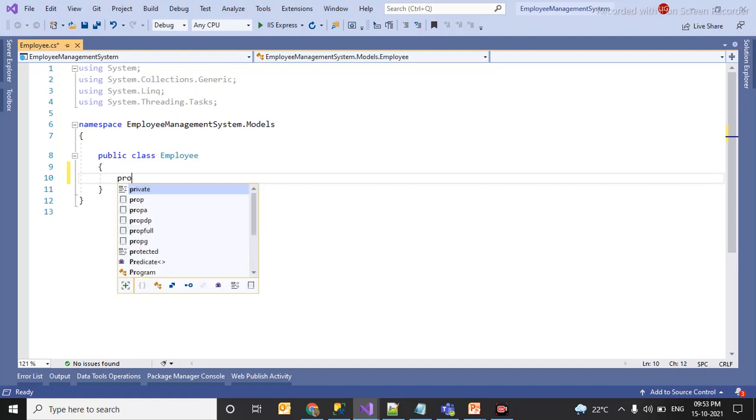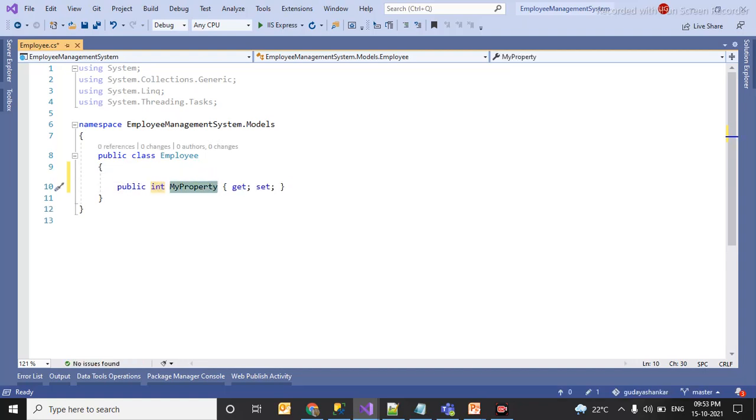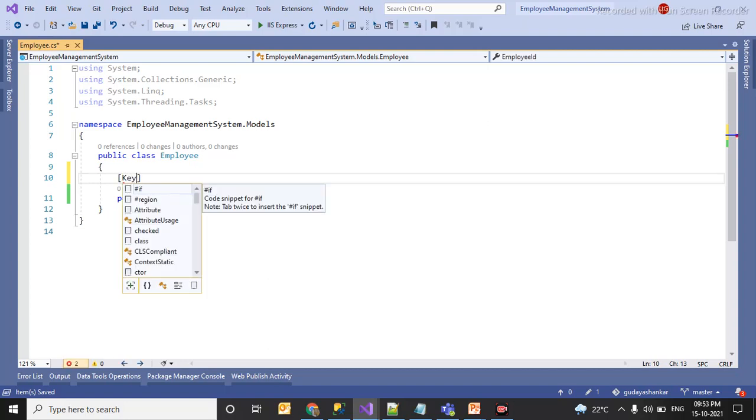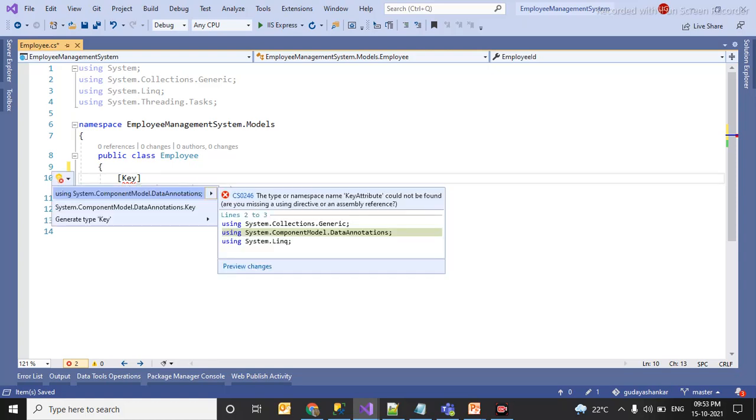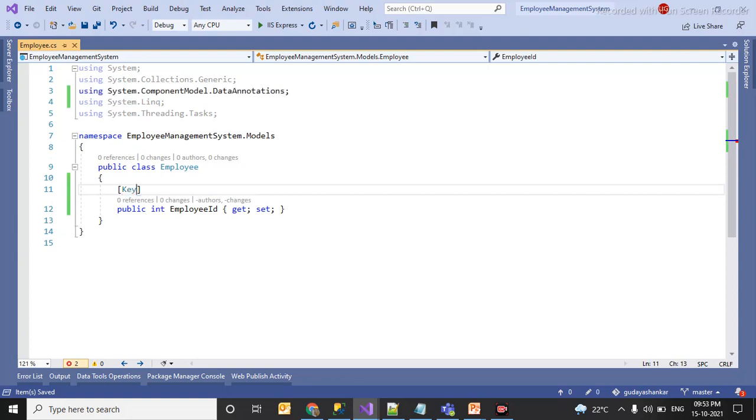Here I will be using prop employee ID, which is my primary key. Using data annotation we are going to create a primary key. Whenever you define a property with type key, it denotes one or more properties that uniquely identify an entity.